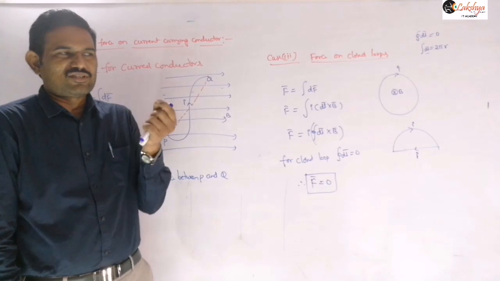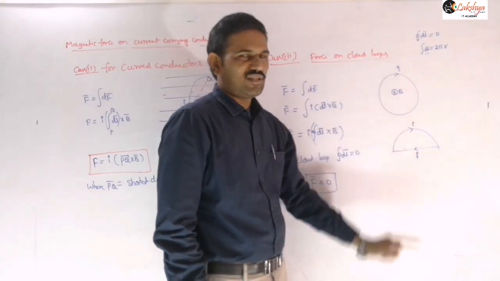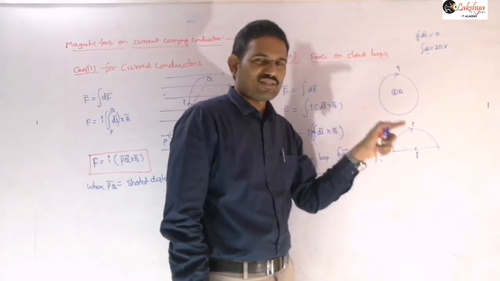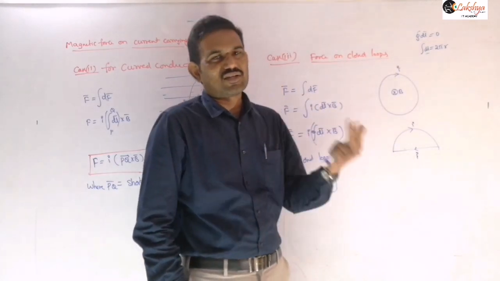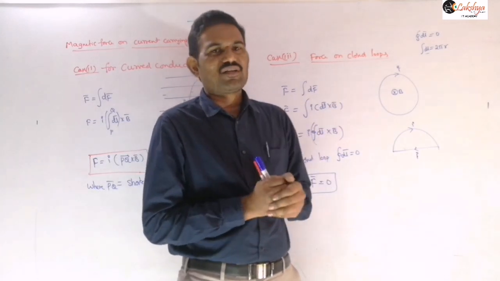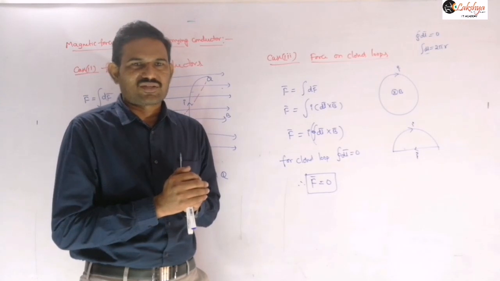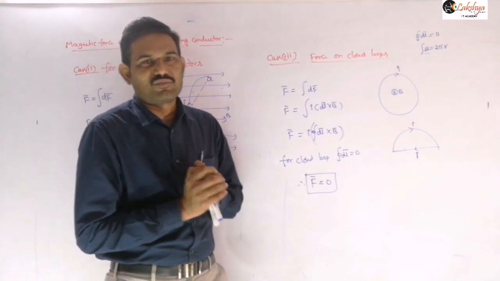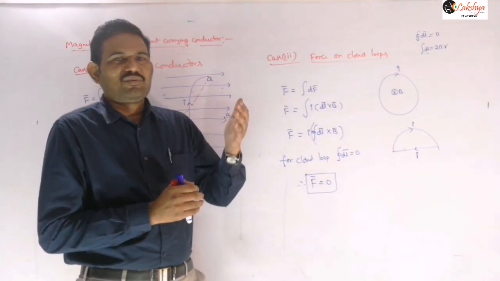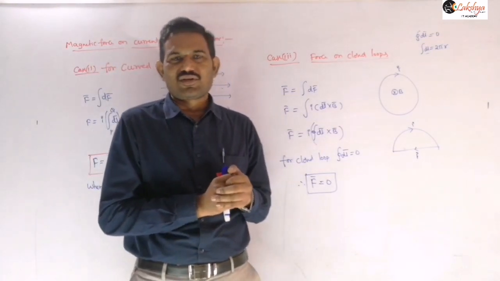The other possibility is that there are some small changes in the circuit. Here it will be 0 if the circuit is either like this or like this. That means the current throughout this loop will be in the same direction, either clockwise or anti-clockwise. If you take a closed loop, but in some part of the circuit the current is flowing clockwise and in some other part anti-clockwise, then the net force need not be 0, right? And there are certain situations where one part of the loop is in one plane and another part is in another plane. There also the net force need not be 0.